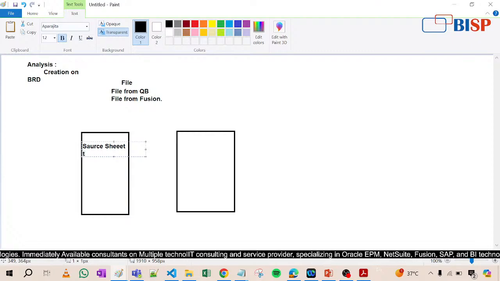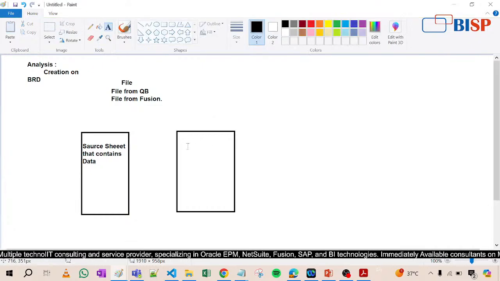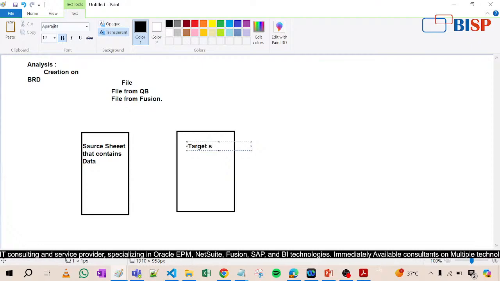Okay, source sheet that contains... okay, target sheet, that is... okay, from the fusion, contains only... okay, that's it. Now